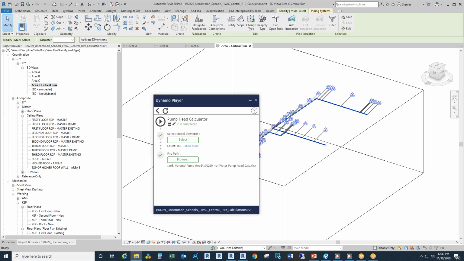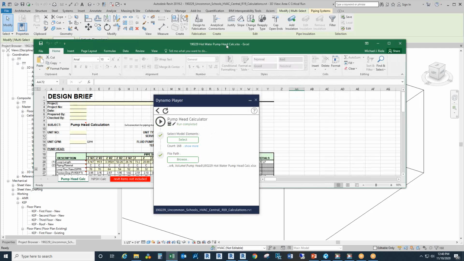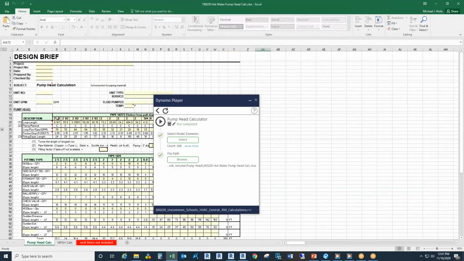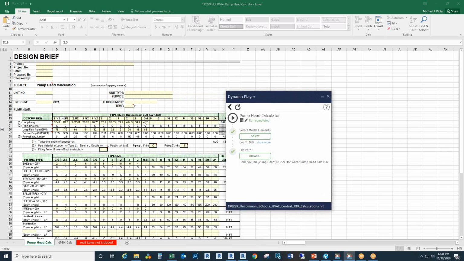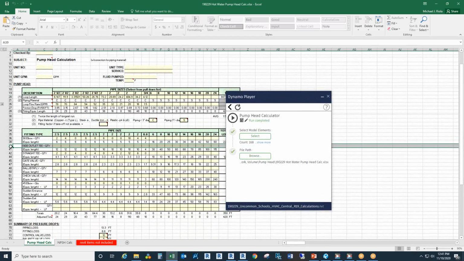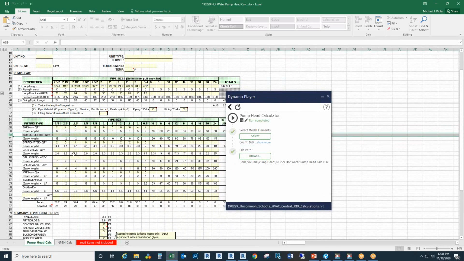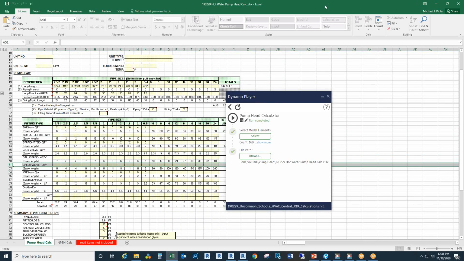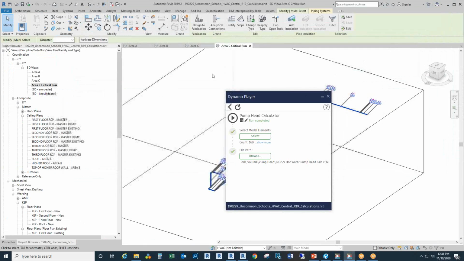So that's completed. If we look at the results, it outputs the sizes from highest GPM to lowest GPM, and then the lengths of each size. This one went all the way down to 3/4. Again, you're going to add in your side outlet T's, which were just a couple in the system. You're going to add your ball valves, check valves, any of these other items. We're going to take a closer look at that on this other example